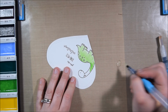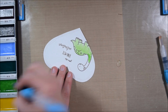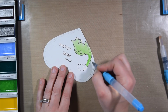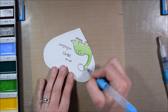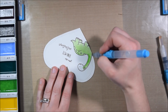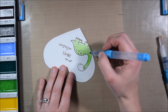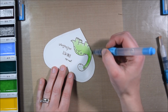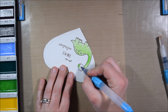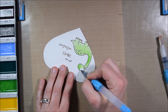But I want to keep the colors really pretty and really bright and fun for kids, because these are kid Valentines. So I'm just going to be able to quickly fill it in. I like being able to control the water by dipping it if I want. If I want a little bit more water, I can just squeeze the brush and control it. A little bit easier than having a cup of water